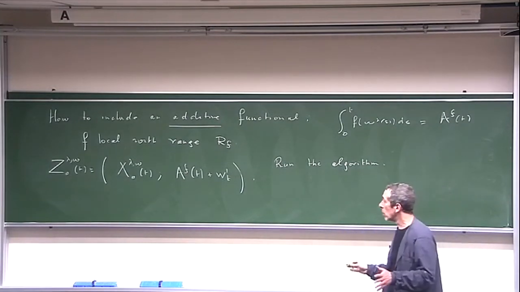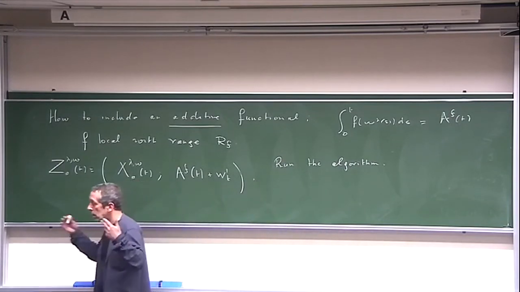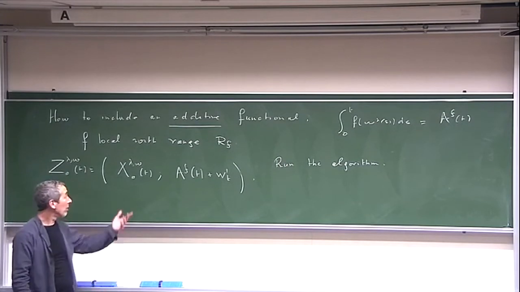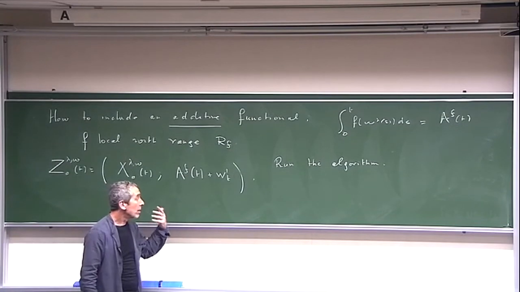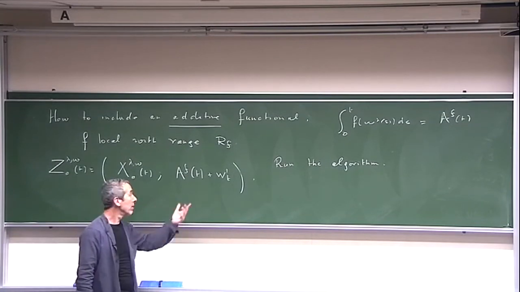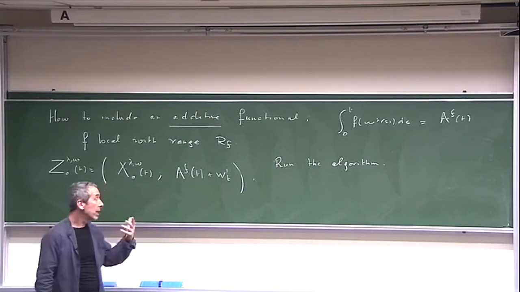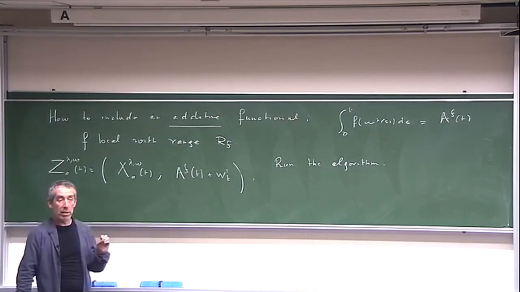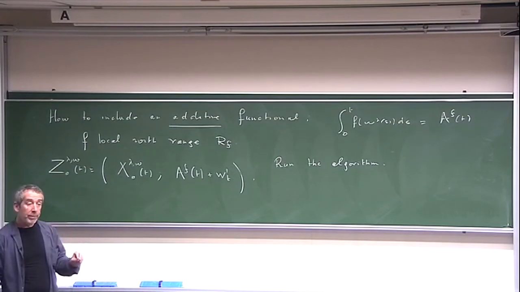Actually, only one thing changes, because the first step of the algorithm is only about the projection of X in direction E1. So that first step is really unchanged. It doesn't see this extra component. So the whole algorithm is not modified, except for one thing, which is the jump